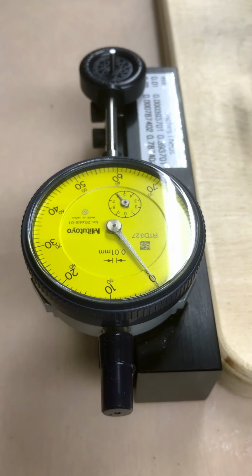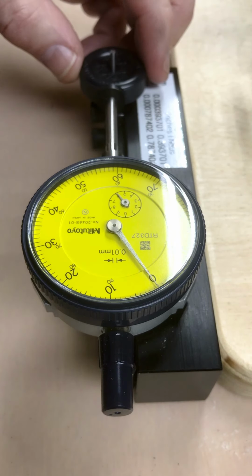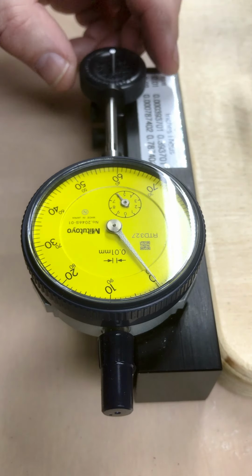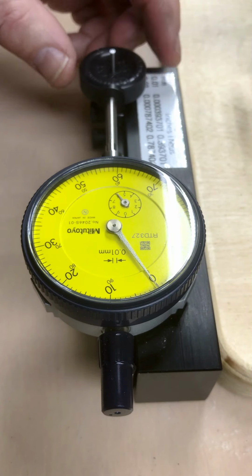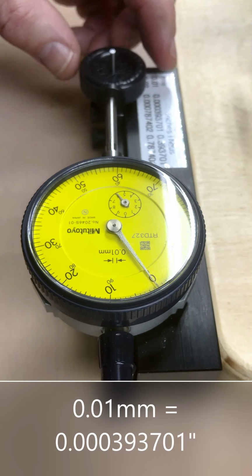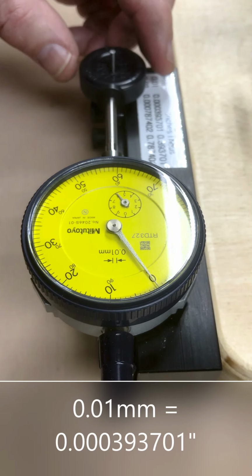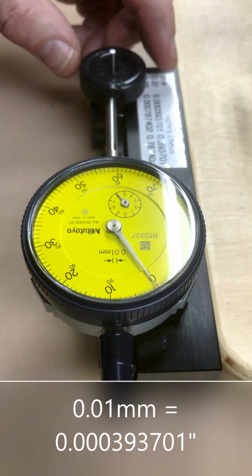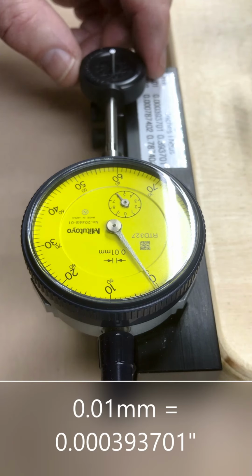I now have my machined wheel on my dial gauge. This is the number 2 mold, and I've set it to 0, and we're going to see how it does. Each graduation on this meter is 0.01 millimeters, and 0.01 millimeters equates to about 0.4 thousandths of an inch, or 0.0004 inches. And looking at the meter, it doesn't quite get to